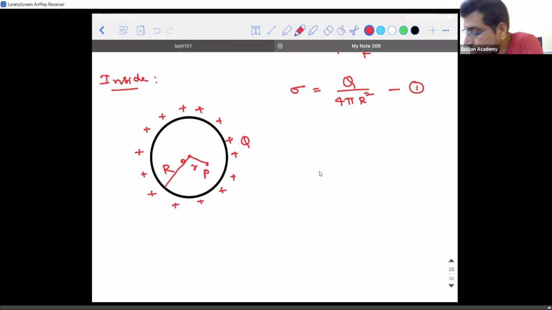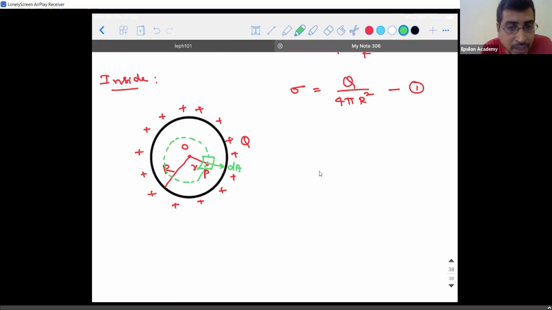You need to consider a Gaussian surface, right? The Gaussian surface is supposed to pass through the point where you're trying to calculate the field. So I will use another color. If I take this to be the Gaussian surface, it is passing through the point where the field is to be calculated, right? On the Gaussian surface, what am I supposed to do? I need to take a small area and assign direction to it. The area is dA. Any doubt till here?